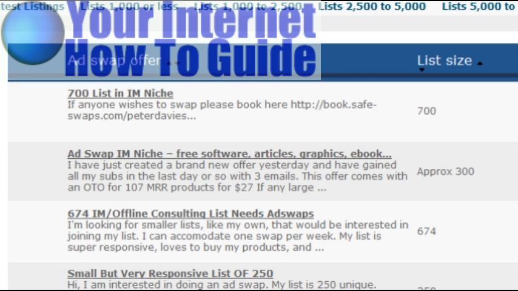And one of the things that I do suggest you do, and we'll cover this a little bit more in the next video, is that you have a promotion in order to generate cash right afterwards. Okay, and what I mean by right afterwards is right after your mailing for your free offer. So that's it for the video on ad swaps, and in the next video we're going to be talking about affiliates.